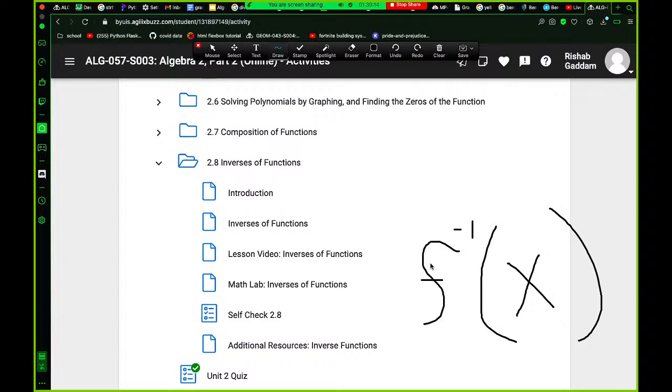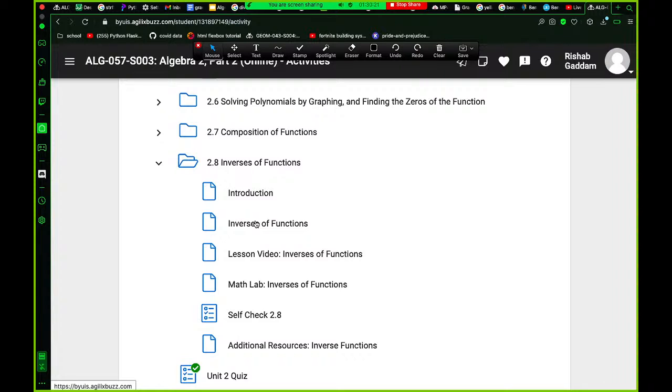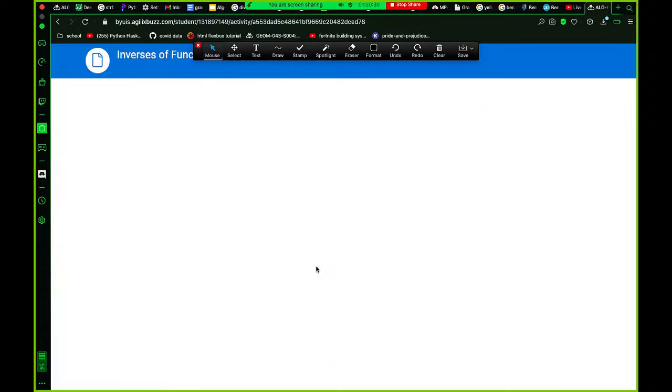So inverse functions are pretty cool. I don't know what you use them for, but I just like them because the process to solve them is super cool and it's not hard to do. I don't know what you would use them for in real life or anything like that, but